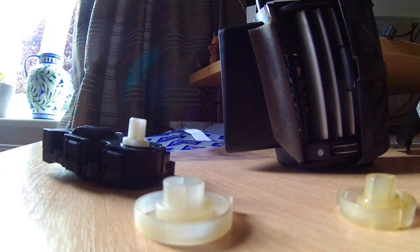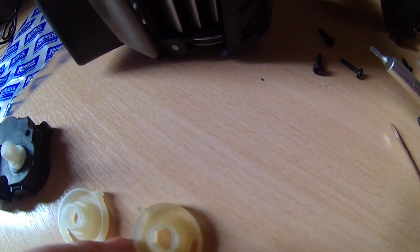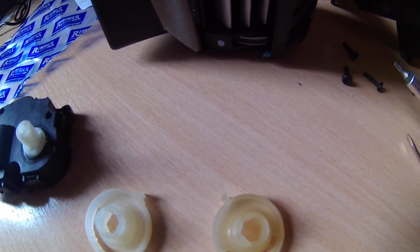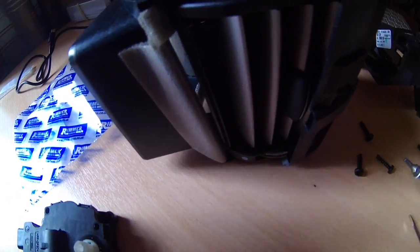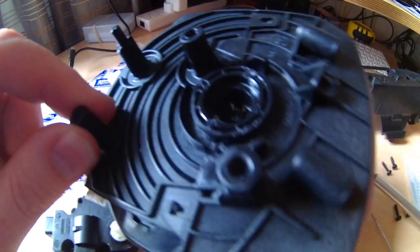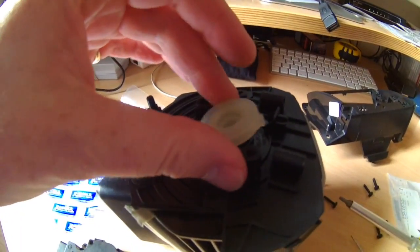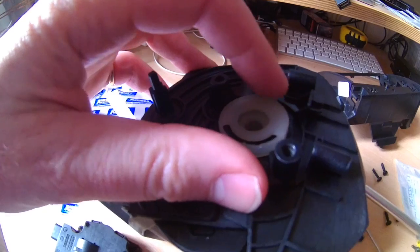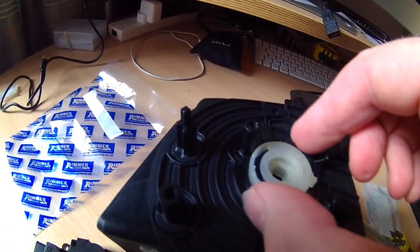Okay, so now you can see both parts, the old one and the newer one. Not sure what is the best way to fit this in. I mean, clearly that goes in to here, and at some point it'll latch into whatever the most appropriate slot is to hold it in. So I will find what that is, probably